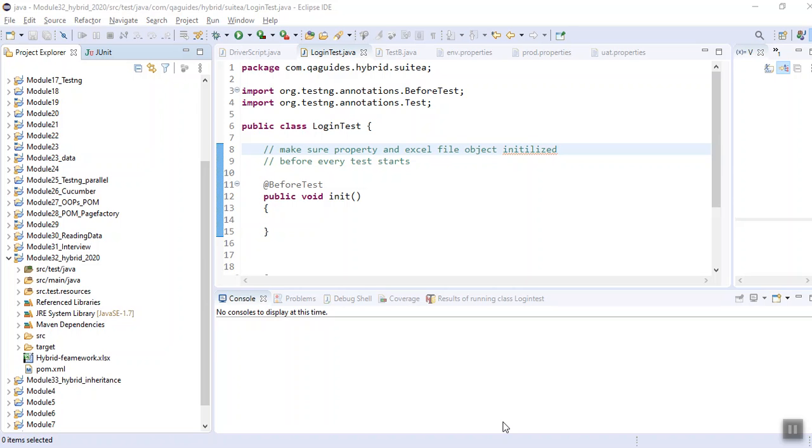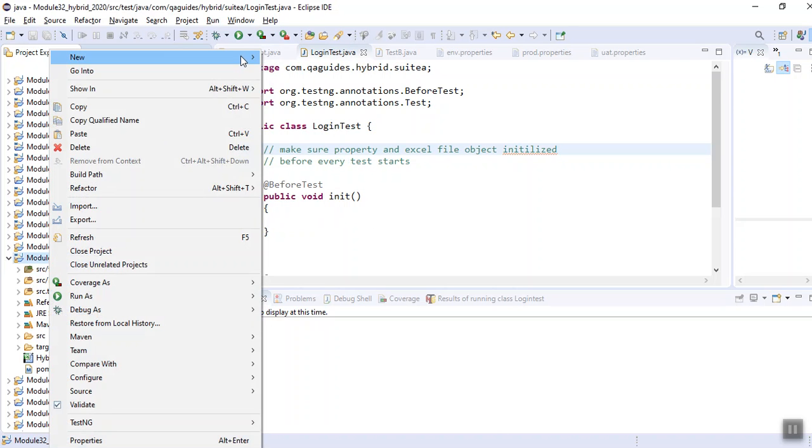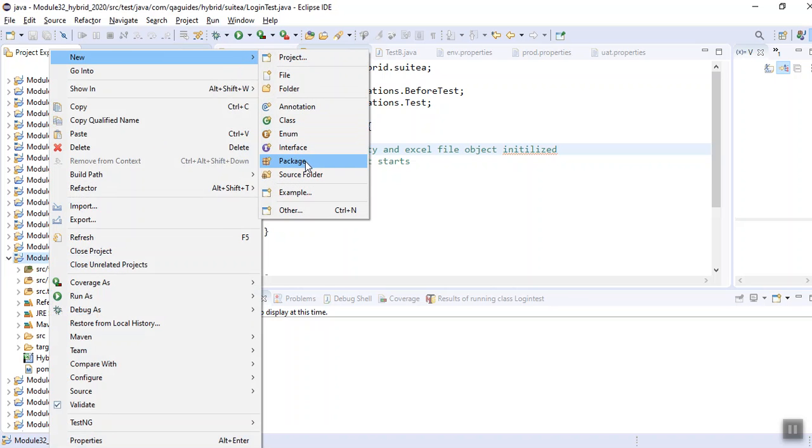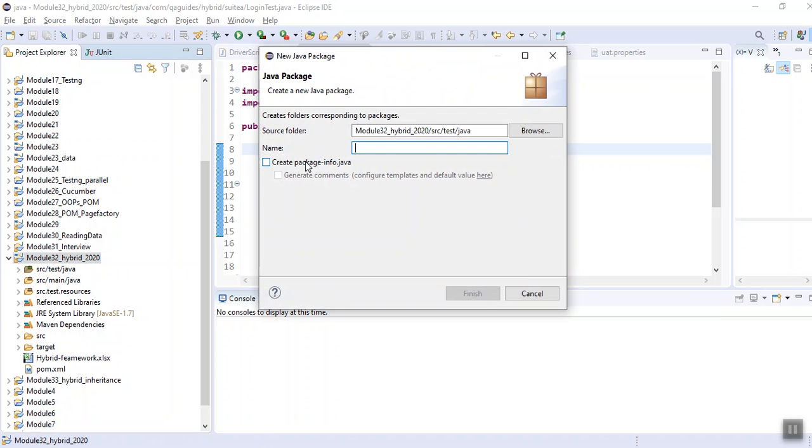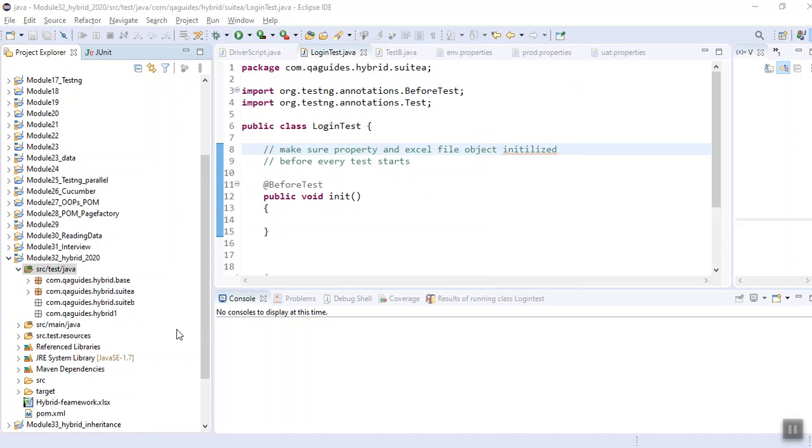Okay. So let me create a new package here. Okay. And let me name it as base. So I have created a new package here, that is base.